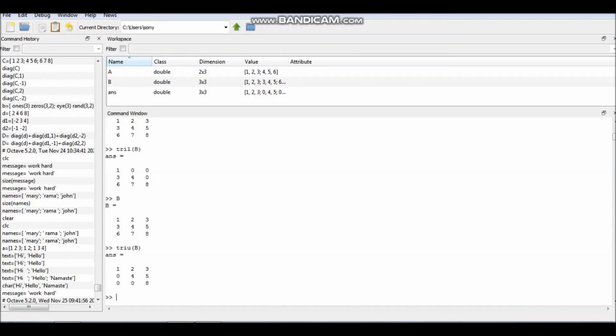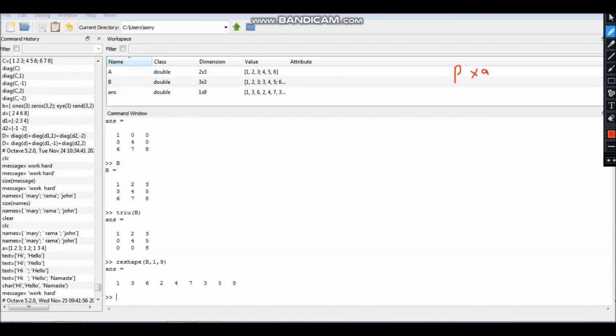And the last command in this case is reshape. Suppose I want to reshape matrix B and I have to write the rows and columns, 1 comma 9, because B is a 3 cross 3 matrix. If I want to reshape a matrix, then the condition is that the product of rows and columns remains equal.